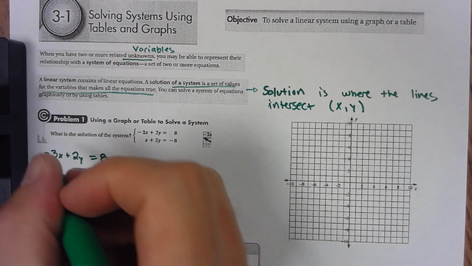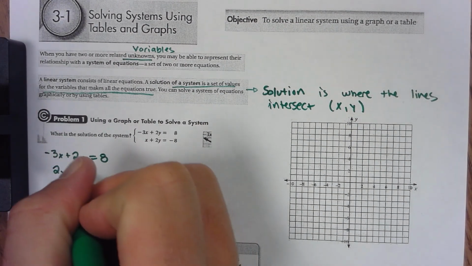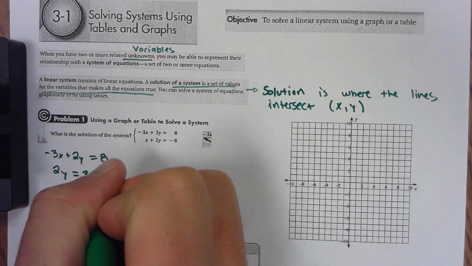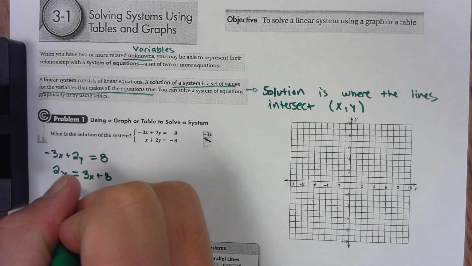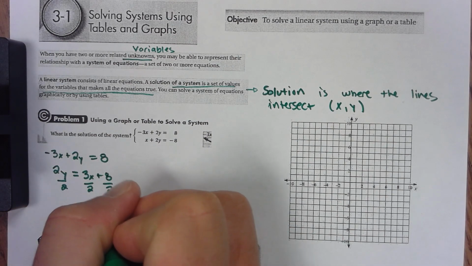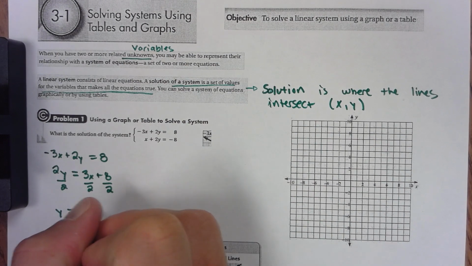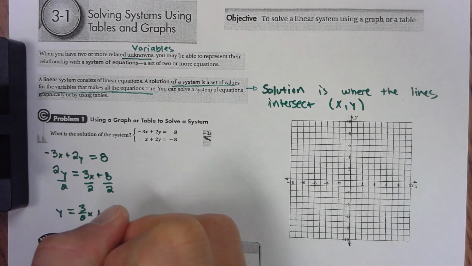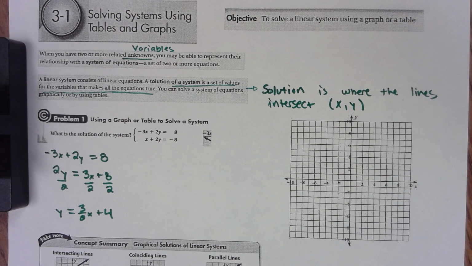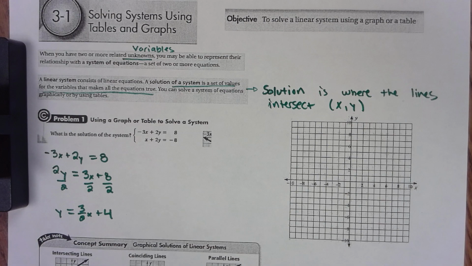So I'm going to add 3x to start. My equation is now 2y equals 3x plus 8. Then I'm going to divide every single term by 2, making that y equals 3 halves x plus 4. We'll save the graphing until we have both equations ready. So my other equation,